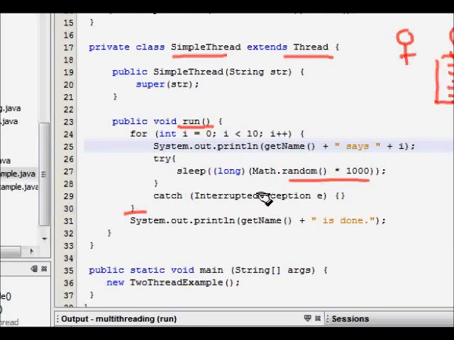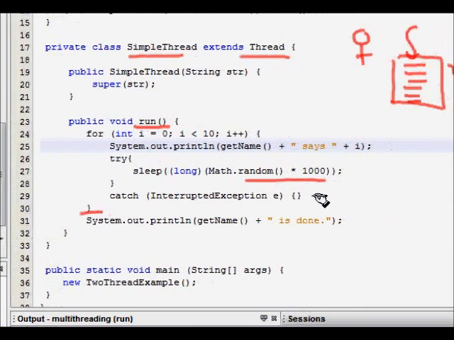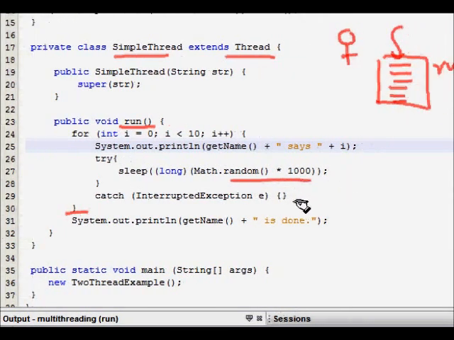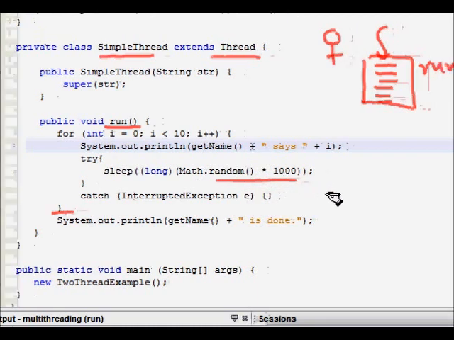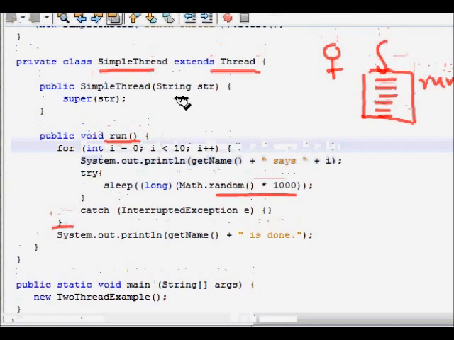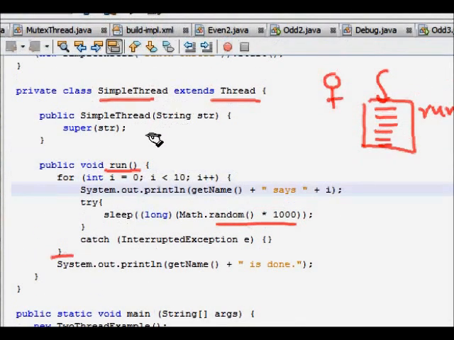So it prints numbers from 0 to 9, and when it is done it says, okay, I'm done, and it sleeps for some time in between. Each thread has its name.